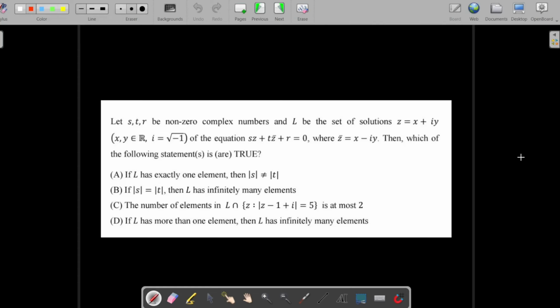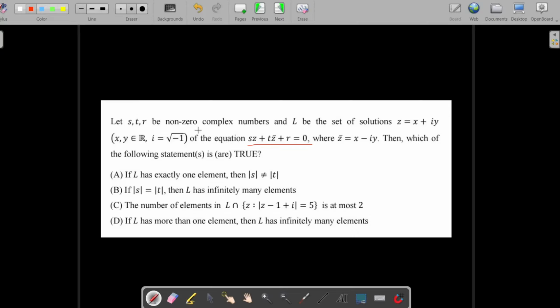But the problem is to understand its language and the roundabout way of asking you when two lines have one solution, when they have infinite solutions, and when they have no solutions. How can you start thinking that this is about straight lines? You have exactly one element, infinitely many elements, and no elements. So looking at the options, you can see that you have three possibilities, and such possibilities are only possible when you have two straight lines, and when you have either one solution or infinitely many solutions, that is, the two lines coincide, or no solutions, that is, the two lines are parallel. So you have to start thinking on those lines. Regardless, let us start doing it.